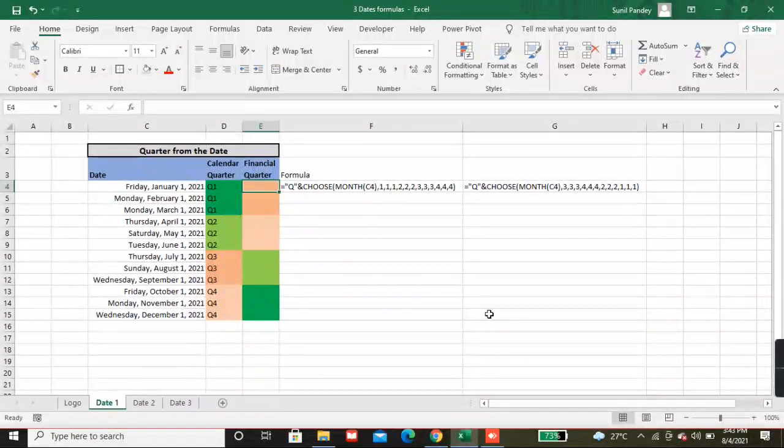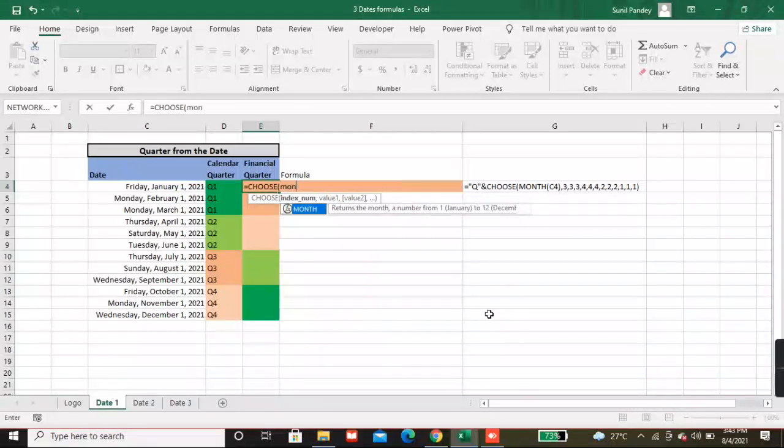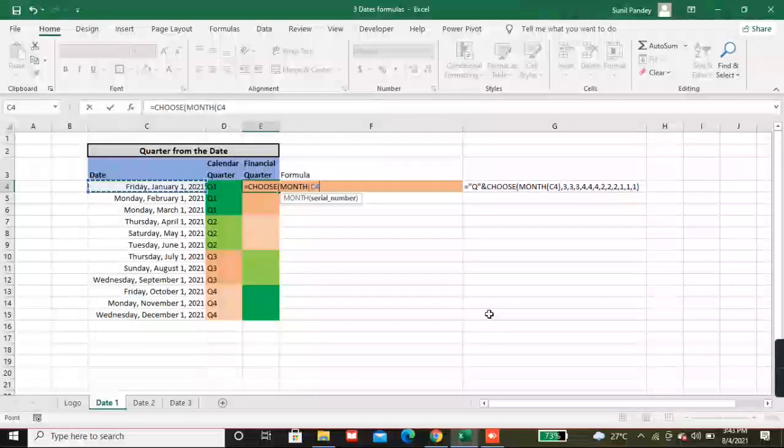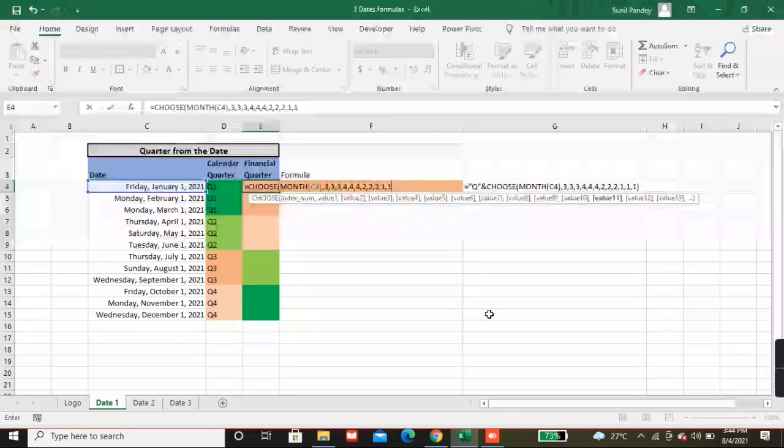So here we'll again put the formula CHOOSE and month, and now we'll change the numbers: 3 comma 3 comma 3, then 4 comma 4 comma 4, then 2 comma 2 comma 2 and 1 comma 1 comma 1.